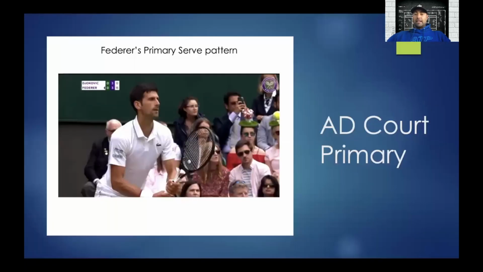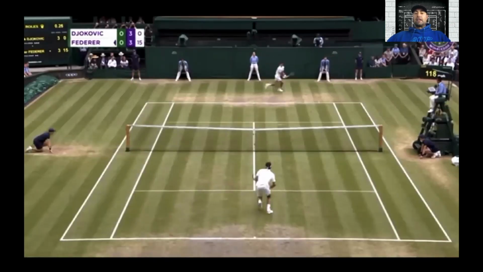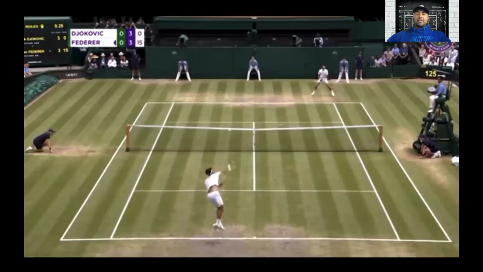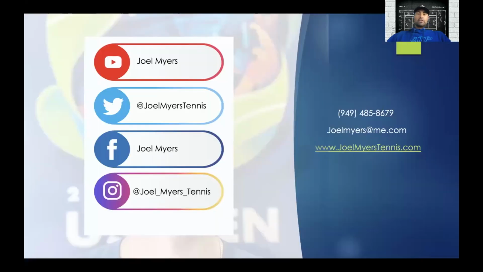And then let's have a look at his ad court primary pattern and see where he would typically go with his second ball. So not necessarily the first one, but the second one. You see there's a slice serve wide. Here's the approach. He goes to the backhand, which is a better option, and he finishes at the net. So that's possibly what could have happened. Federer didn't choose those options, but still amazing from Djokovic to come up with the goods and to recognize Federer's